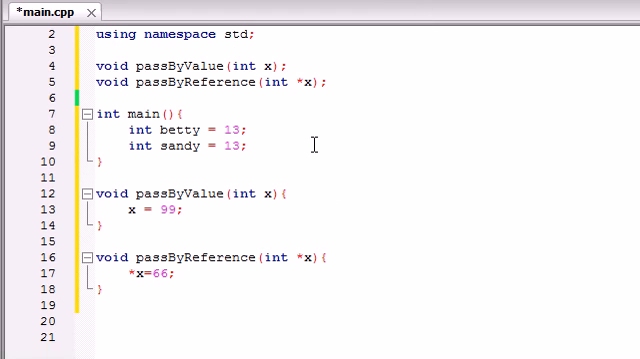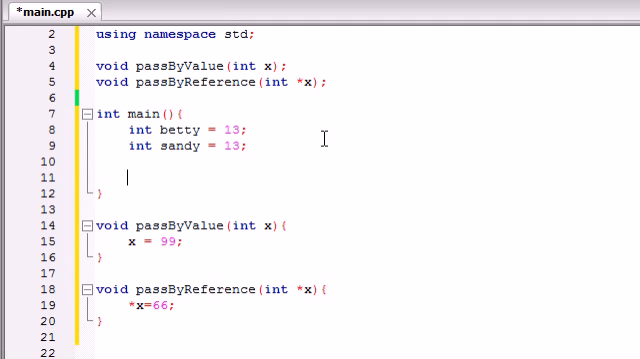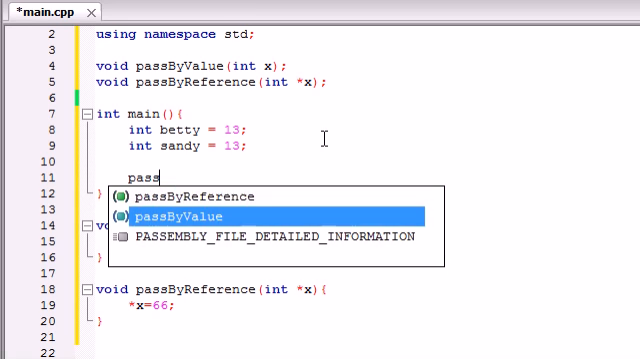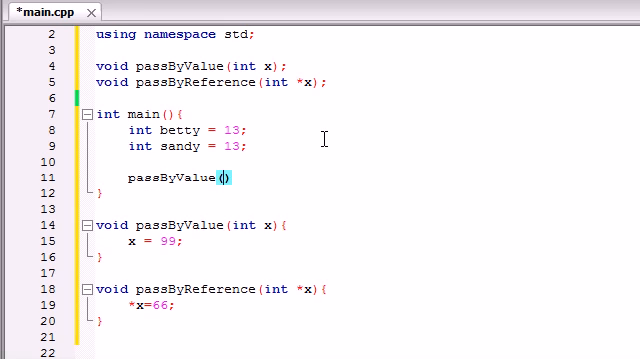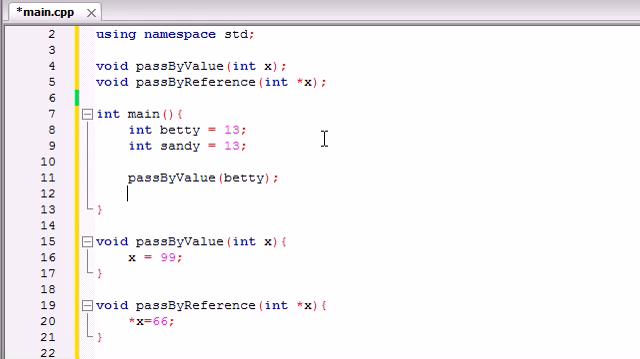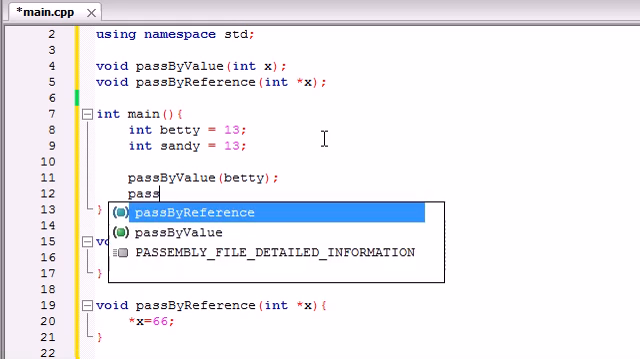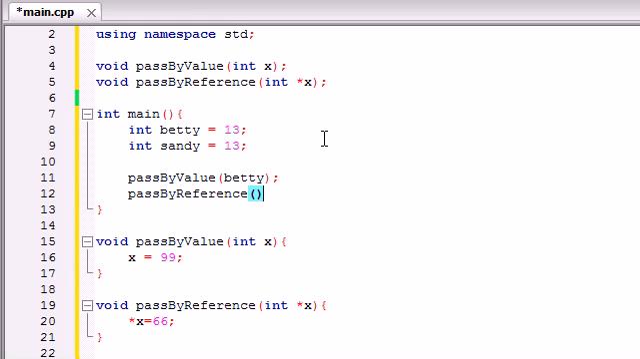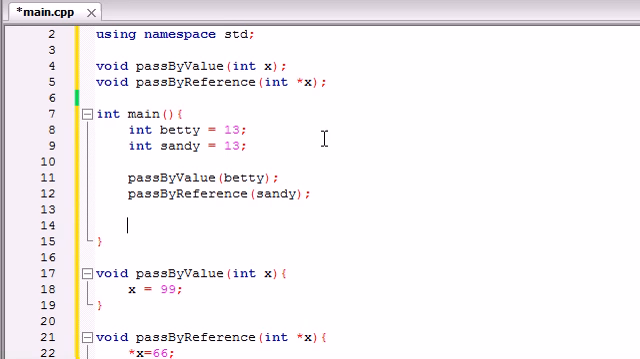Let's go ahead and just use these right now, and then I'll talk to you guys about the thing I was going to. So let's pass by value, and we will pass Betty into this one. So we're going to pass 13 in that, but her value isn't going to be changed. Now let's pass by reference Sandy, and we're pretty much giving this function direct access to Sandy,